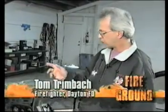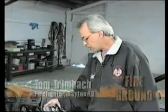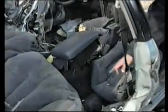At that point, after removing the top, removing the door, we came to the interior of the car. We had to remove the left back front seat, and we cut that at this point here and here. At this time, we decided that we had limited space to make a proper extrication of the victim in the back of the car. The car had struck a tree sideways, and the tree was literally positioned in the center